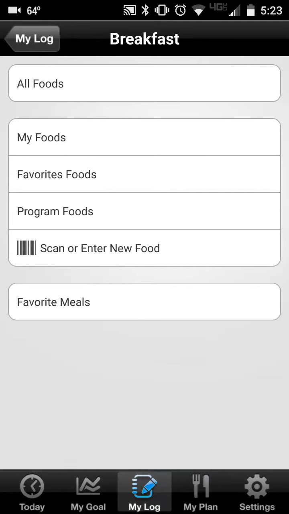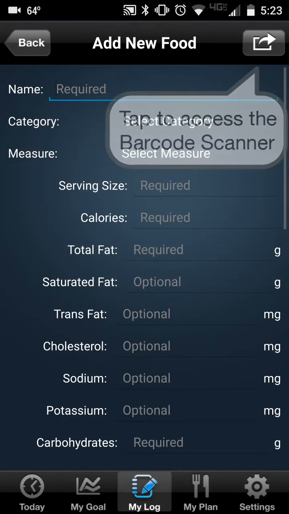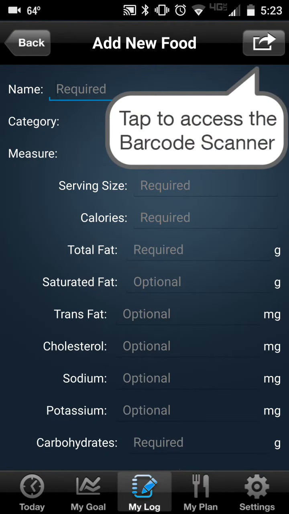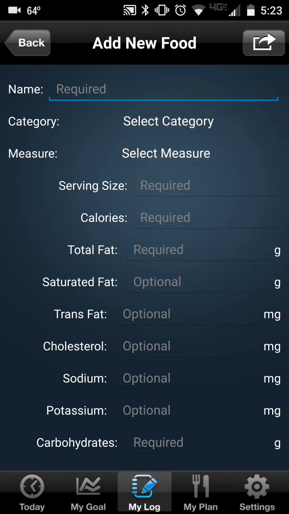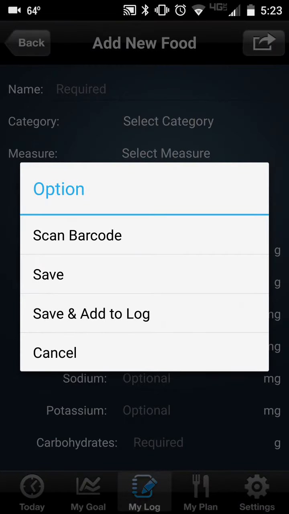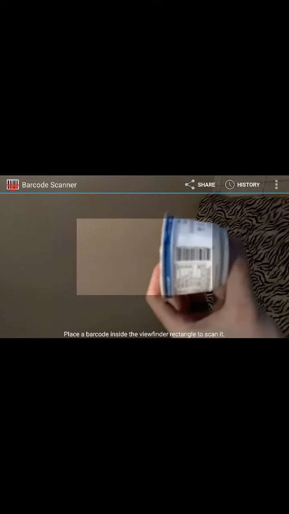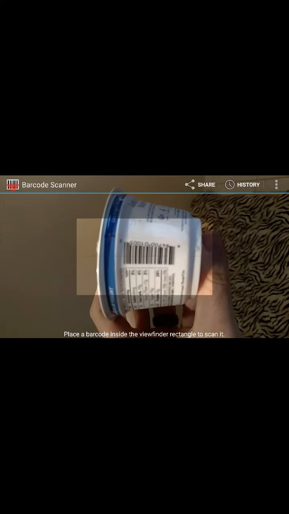We can also scan barcodes. So down here where it says scan or enter new food, we can hit the barcode scanner, and it's going to ask you to click up in the upper right hand corner. If you have an iPhone, it will open up your camera for you. If you have an Android, it's probably going to take you to the store, and you're going to go ahead and download a barcode scanner to use with that. So you can, upper right hand corner, say scan barcode, and I just happen to have some yogurt here with me. I'm going to show you. We can scan this barcode,